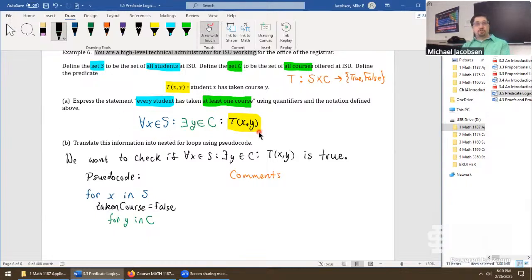We just want to see if this is true. And if it is true, we can redefine the value, take in course, flip it to true, and be on our way with that first iteration through the loop with student X, move to the next student, and just keep repeating until we've exhausted all students in S. So for Y and C, let's do this check. Let's say if, indenting again, T,